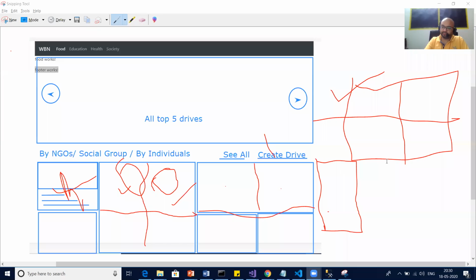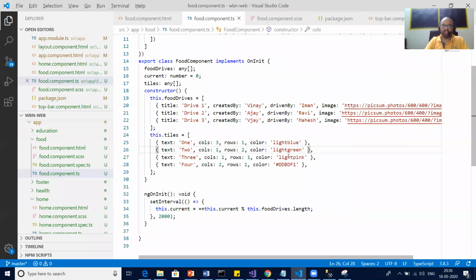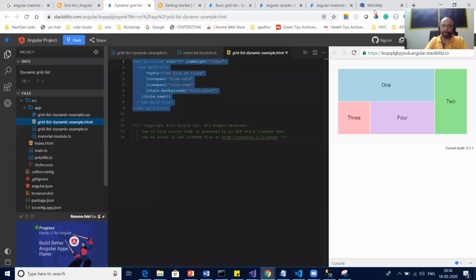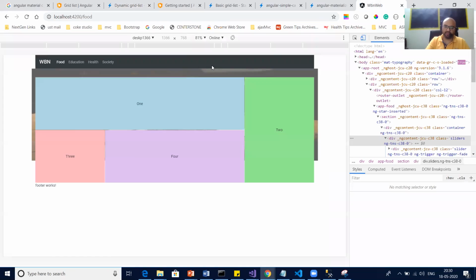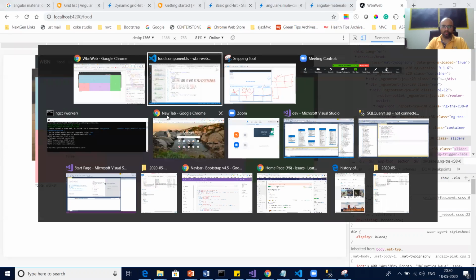Okay, great. So let's save and see how it's going to look. Yeah, see? Correct? So now let's say I want the first to be a simple square, and then the second should be 1 row, 2 column.